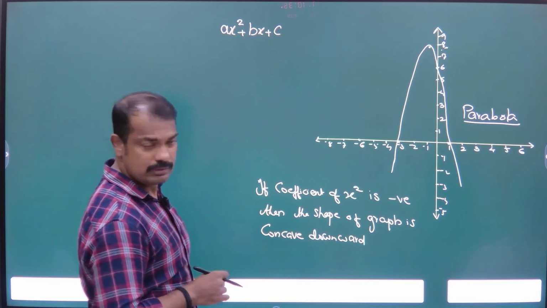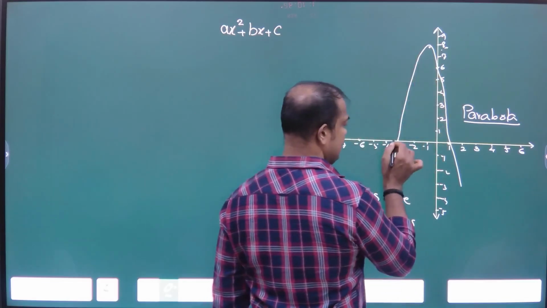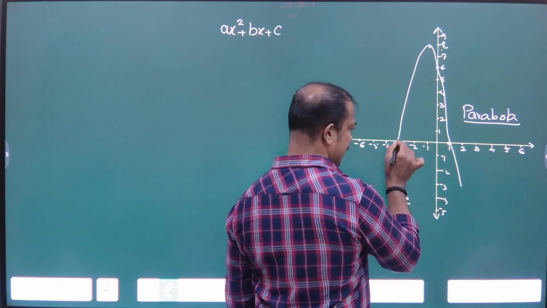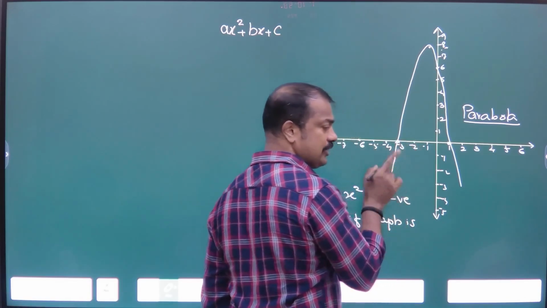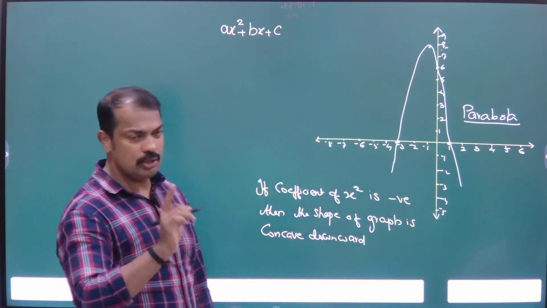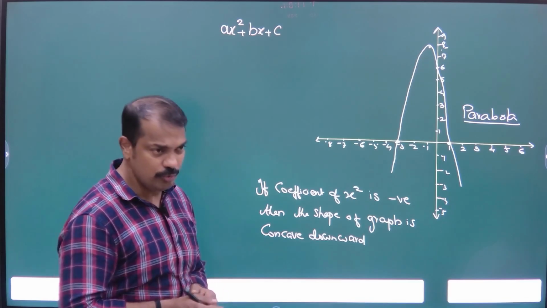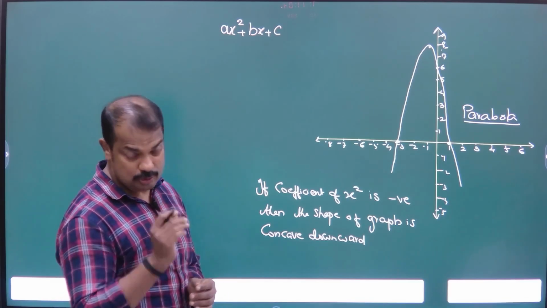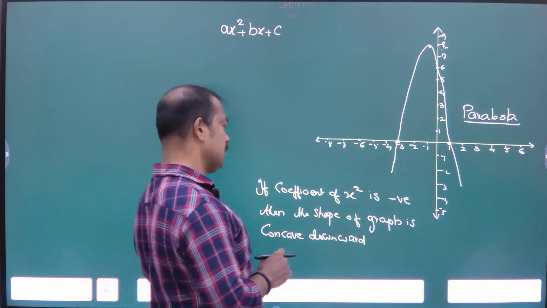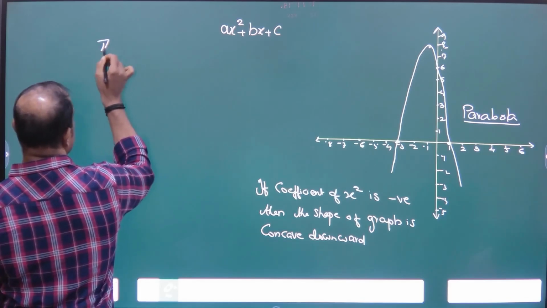First look, this graph passes through 2 points on the x-axis: -3 and 1. So x equal to -3 is one solution, and it also passes through x equal to 1, which is also a solution. What are the two solutions here? x equal to 1 and x equal to -3 is the other solution. Right? So the required quadratic polynomial is